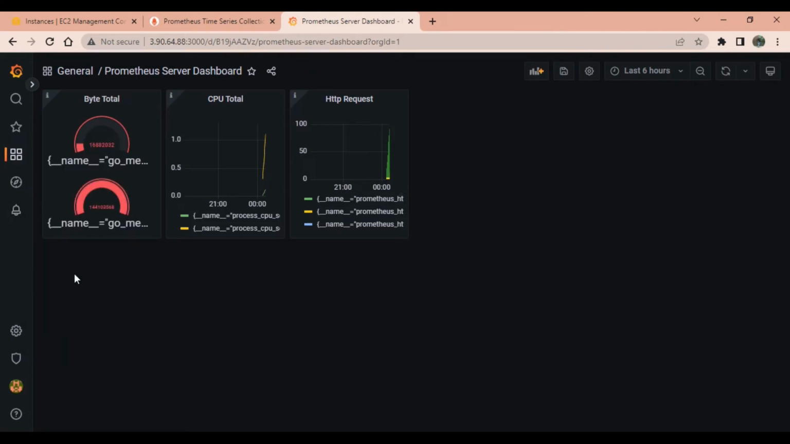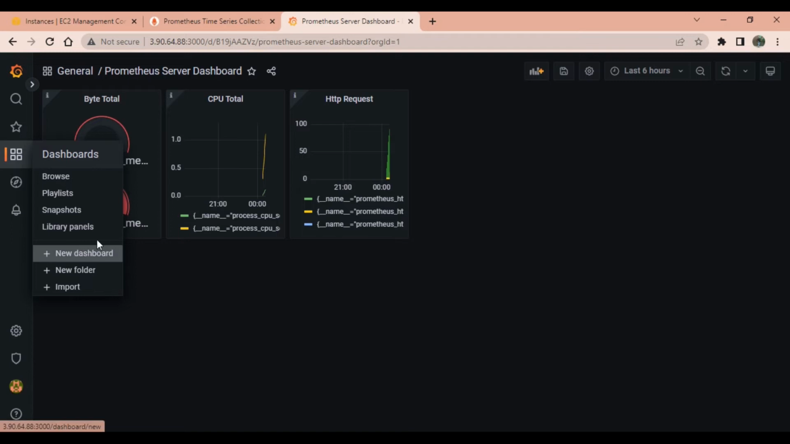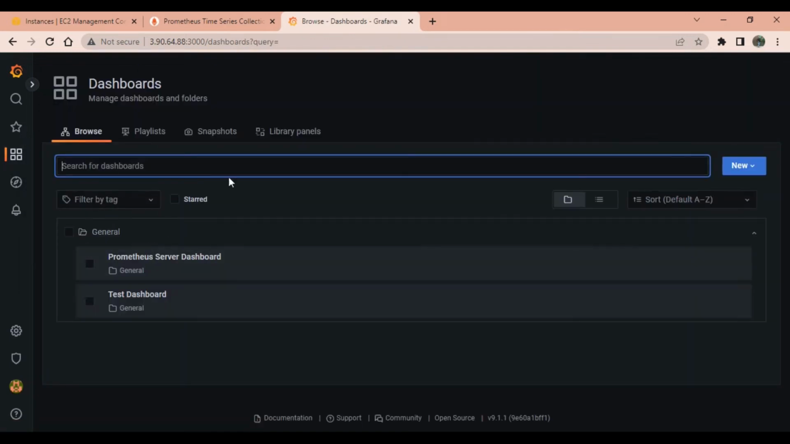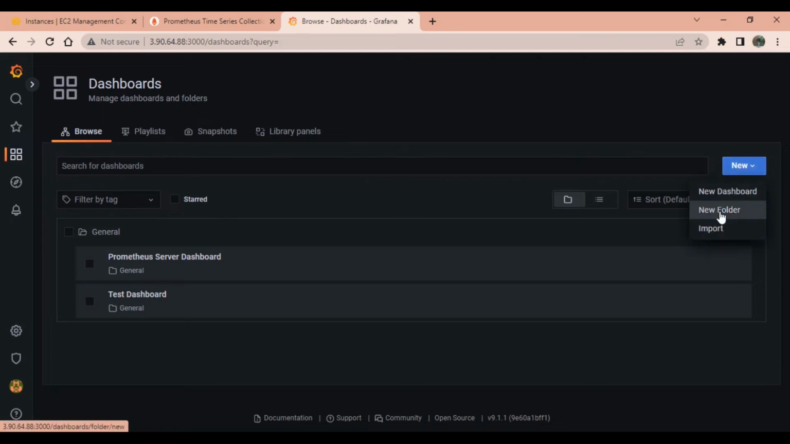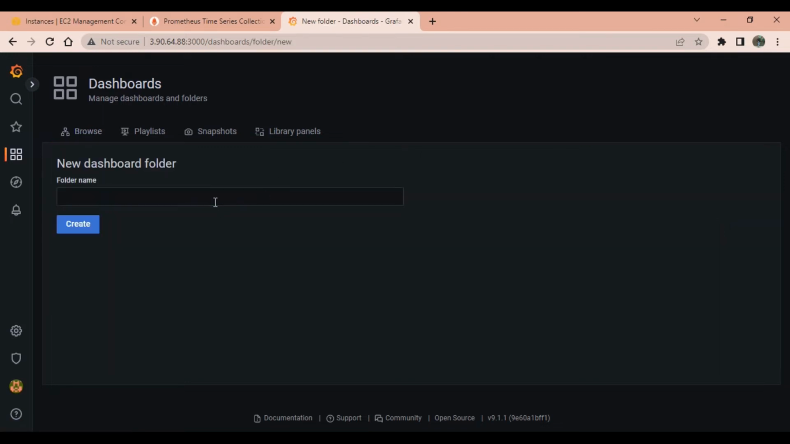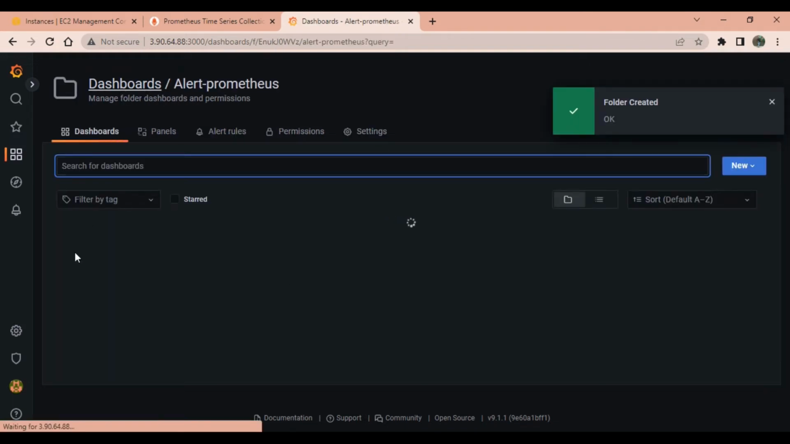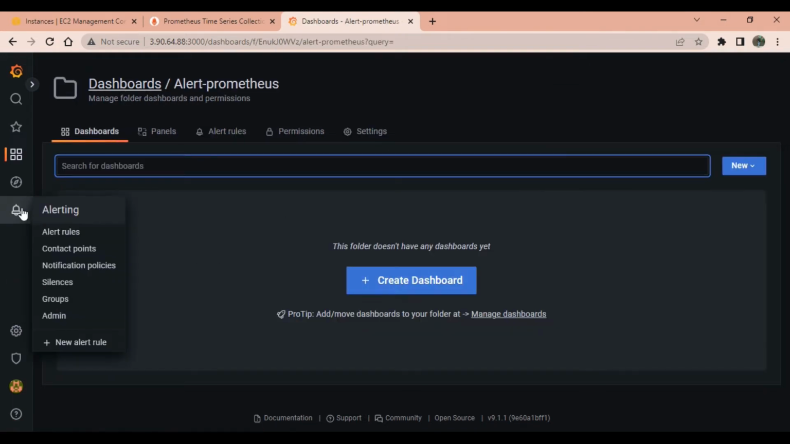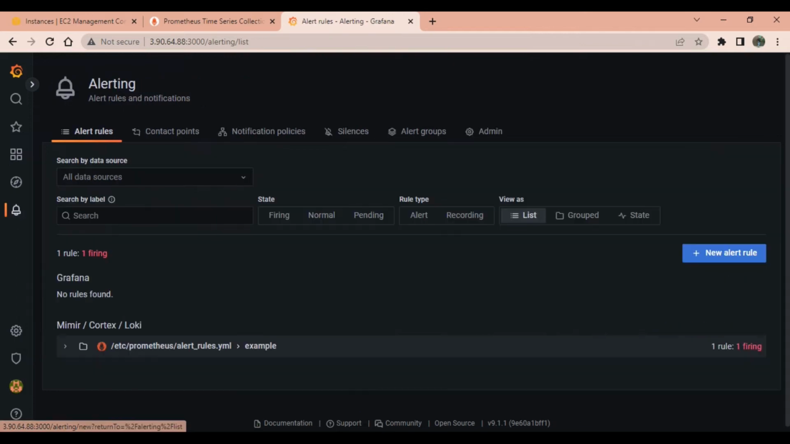So let's just go and configure alerts in Grafana. For that we need to go to dashboard, and here we need to create one new folder for alerts. So just click alert, or we can name it Prometheus, create. Okay, so just go to alert rules,